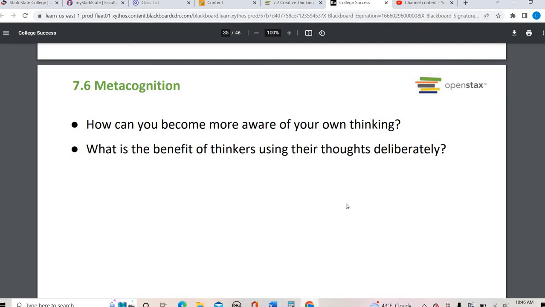I always like to tell the story. I had a student years ago who on vocabulary quizzes was doing very poorly. And I asked him, how are you studying? He said, flashcards. I said, okay, well, what kind of learner are you? And he was a more auditory learner with visual as his second preference.